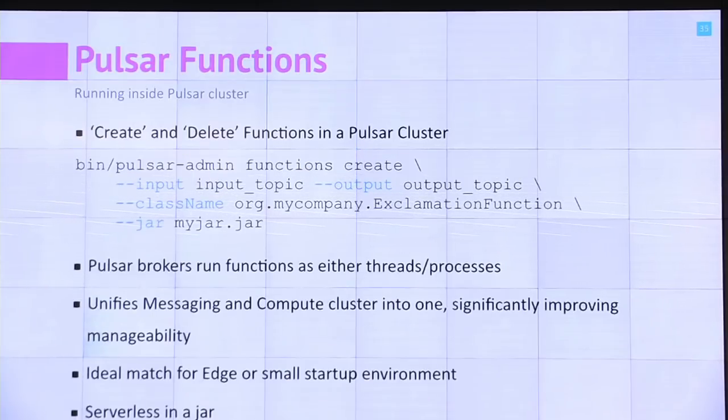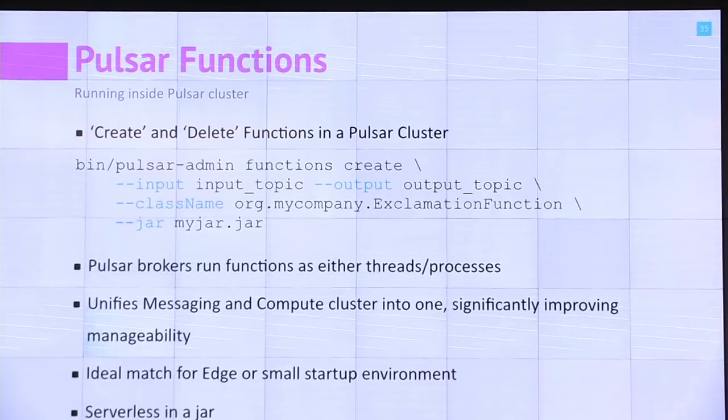Now, the more interesting one is running inside a cluster, right? So you can use the create, delete, and even update, which is not mentioned in this slide. So basically, you say the same thing as before, admin functions create, and you're saying, hey, create my function. I'm giving it an input, and I'm giving it an output, my class name, my jar name, and so on and so forth, right? Here, you specified a function. Okay, I'm going to name that function exclamation function, and the system is going to take care of it, right? At this point, you're making a REST call to the Pulsar system. You're uploading this jar, and you're saying, hey, manage this